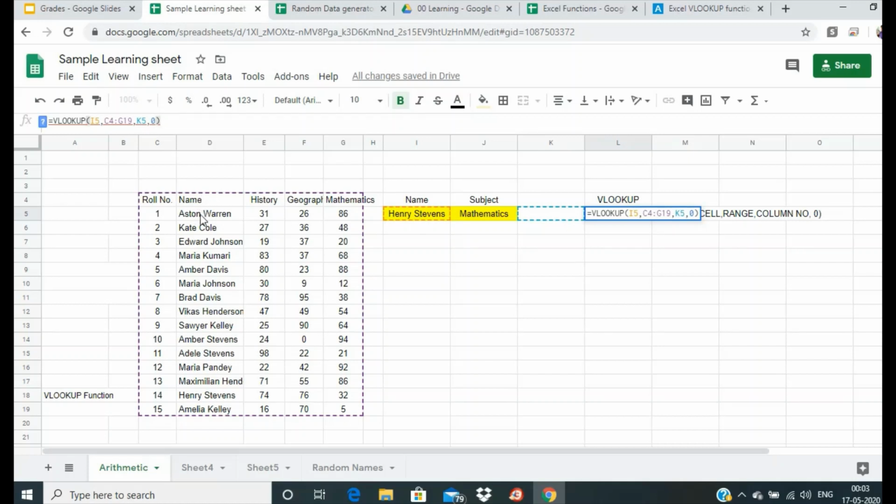So the name should be in the first column. So we are going to change. Instead of C4 range, we will write here D4 range. This range, and then it will be K5 and 0. Fine. We'll need to make one more